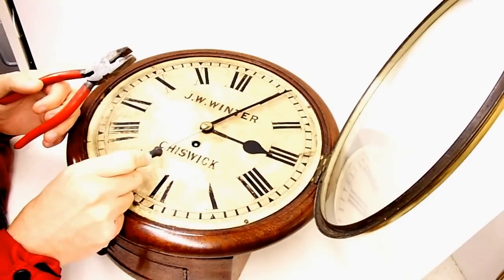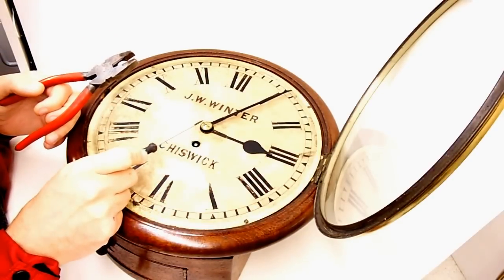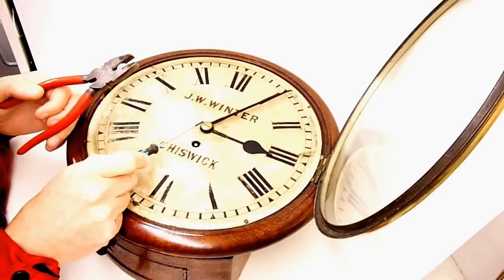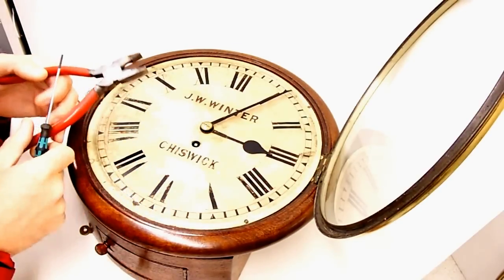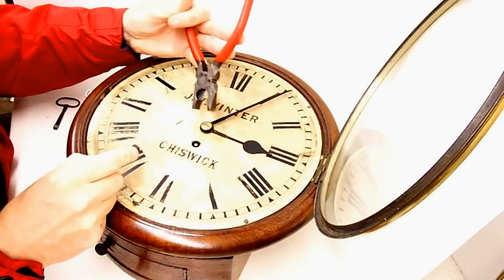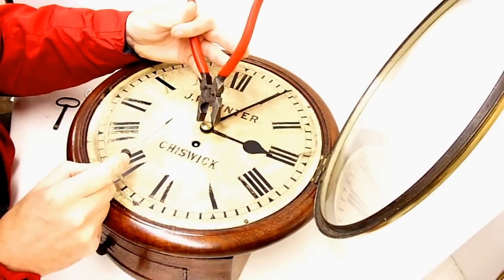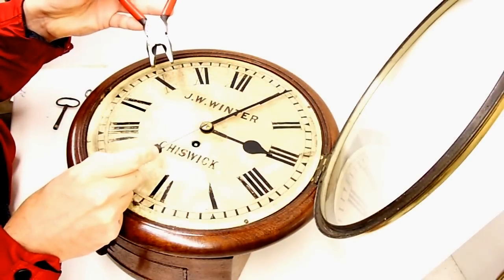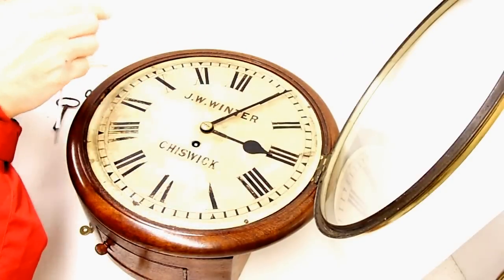This pin is fat at this end and thin at this end. If I've done your clock, then it will be a taper pin like this, so take a moment to work out which is the thick end and which is the thin end, because what we're going to do is put this end of the pliers on the thin end of the pin like that, and then bring the other face of the pliers onto the far side